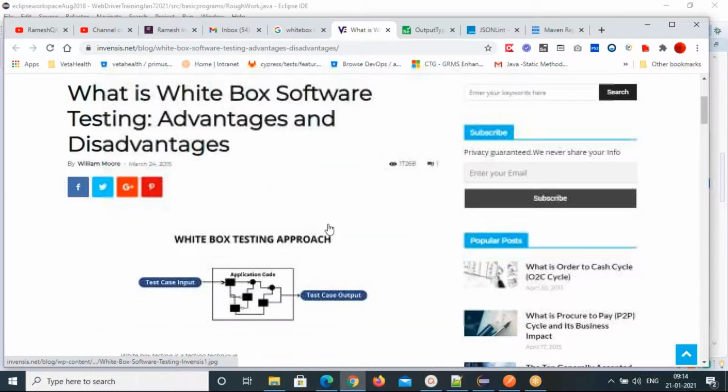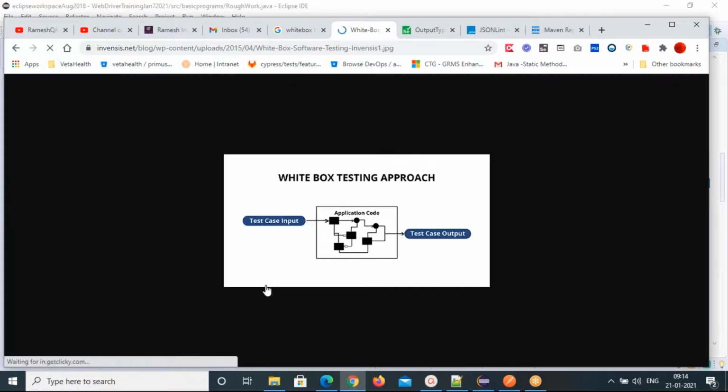So this is the one I'm just looking for. You will give input. So this is the one path. If it is true, it will go like this. And this is the path. And here a decision will be there. If this is false, it will come to this path. Either this path or this path it will take. So these are different paths that will be there. So that's how you can execute the decision.